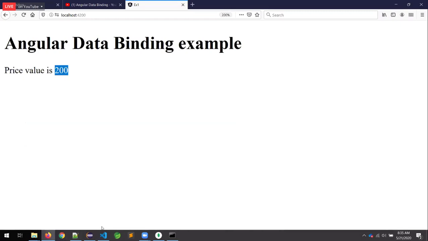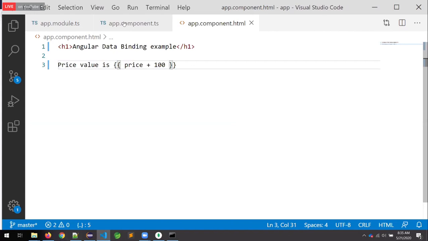Now tell me, we can display only static values or dynamic values also? Dynamic. Based on your requirement, we can do dynamic calculations in our expression. Not only displaying, we can also do some calculations.